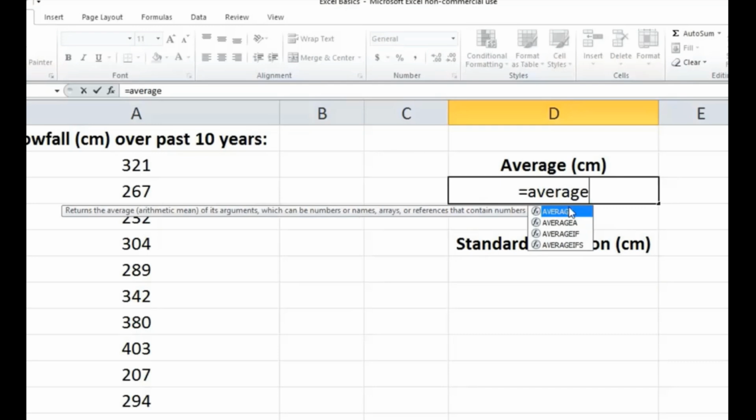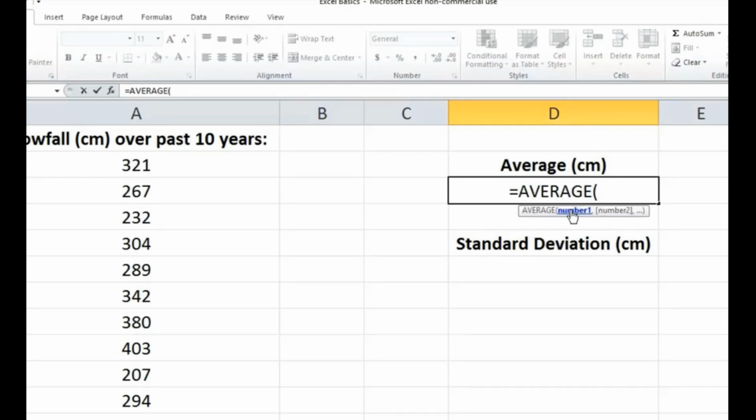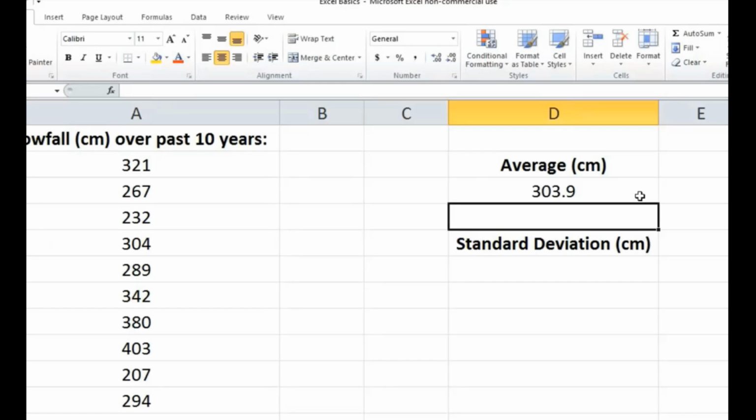In the drop-down menu, you're going to select average, and now we have to input our data into the formula, so we're going to do that by clicking and dragging down for all of the data set. We can now look at our formula. We need to close the bracket and press enter to do that calculation, which means the average snowfall is 303 9/10